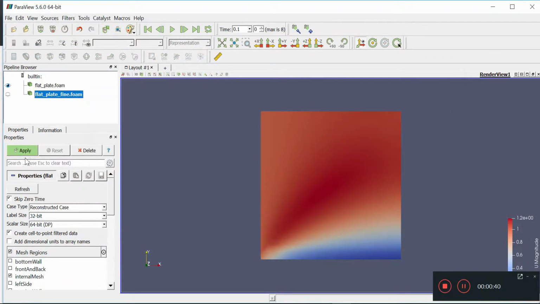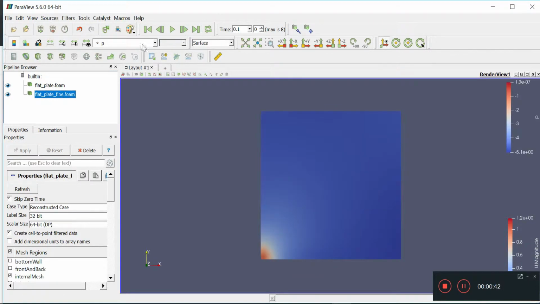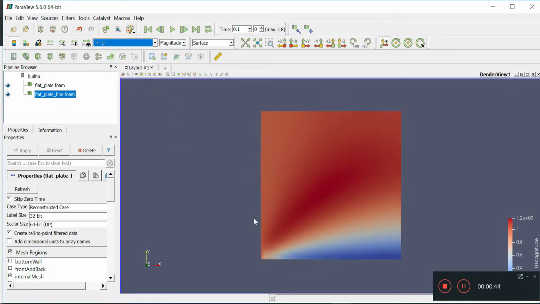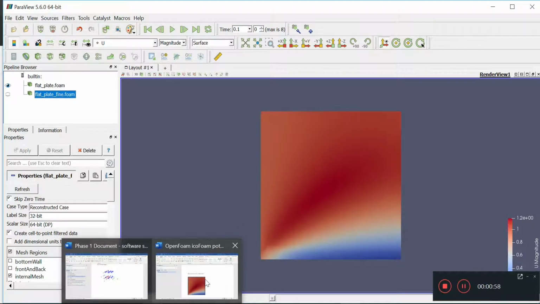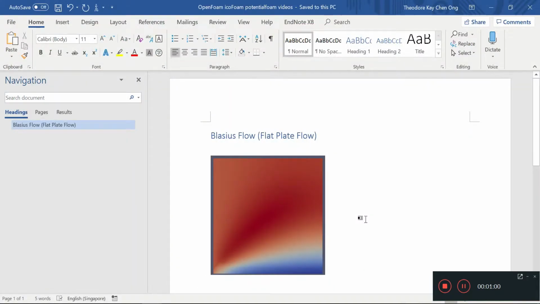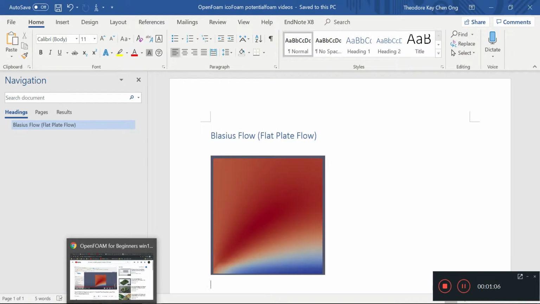There you go, flat plate fine.foam. We realized that it looks pretty much so similar, you still have this red patch here in the center, and we don't know what's going on. So we're going to continue our investigation. Of course, there's one very simple solution at the end. You'll find out at the end of the video series, but